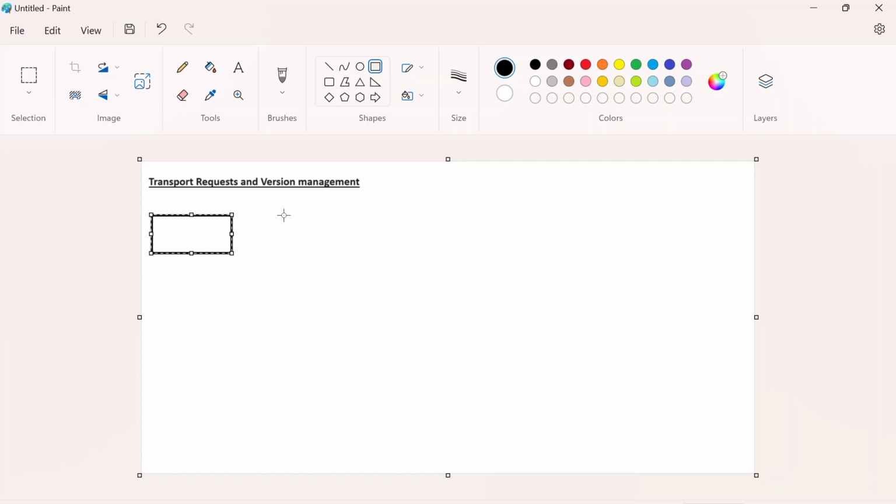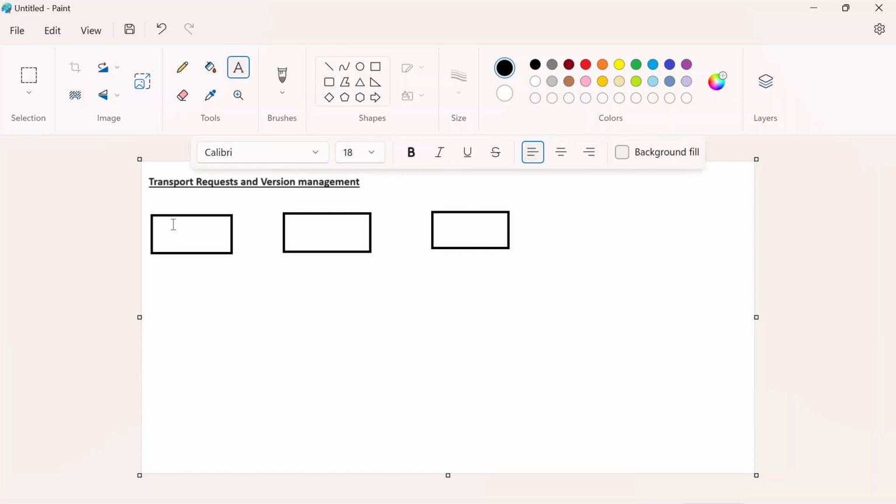Most of the projects, the system landscape will be like this: one development system, one quality system, quality in the sense testing, and production system. Dev, tester, QA, production system,